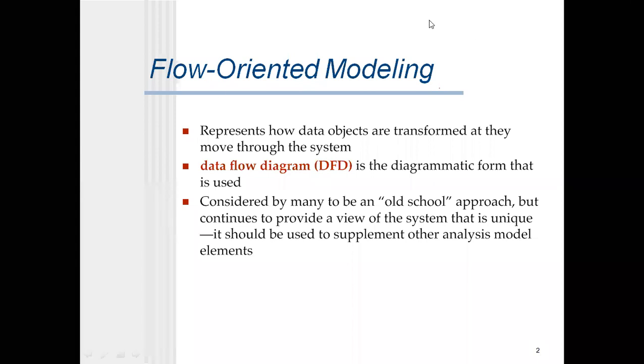So flow oriented modeling, in the sense, what is a flow, what is orientation, and what is the modeling here? Modeling in the sense, whatever requirements we have related to a project, how the requirements should be used in your project, what is the design of that particular problem statement by using these requirements.